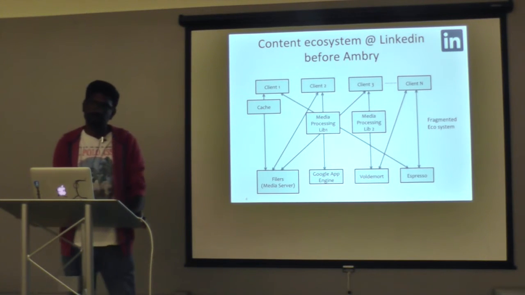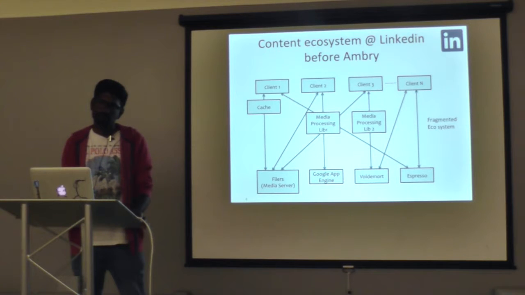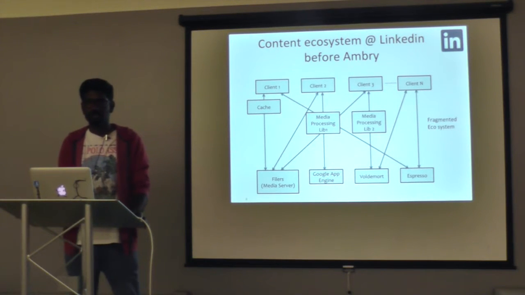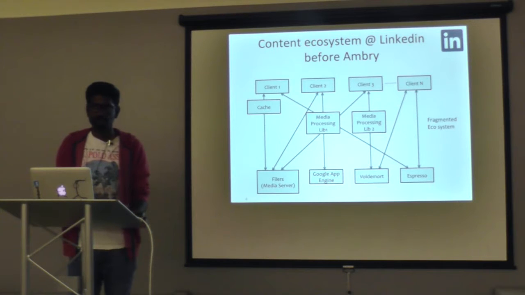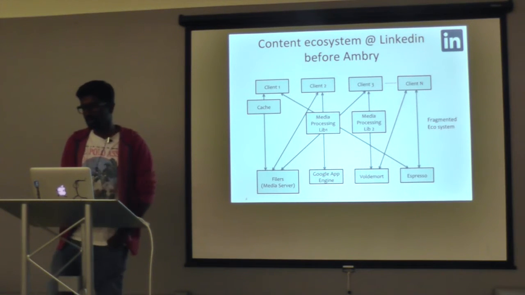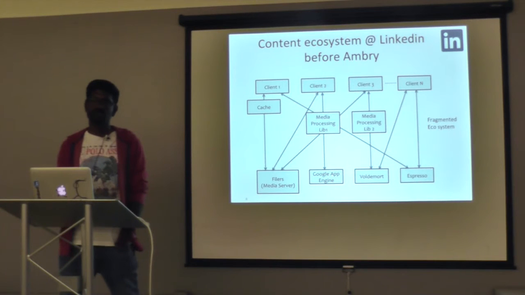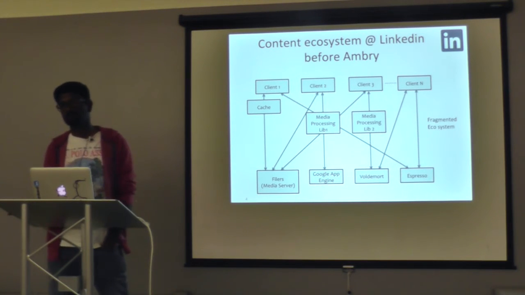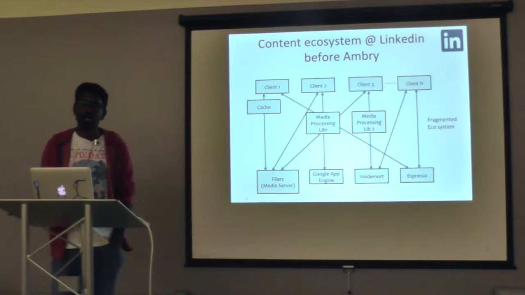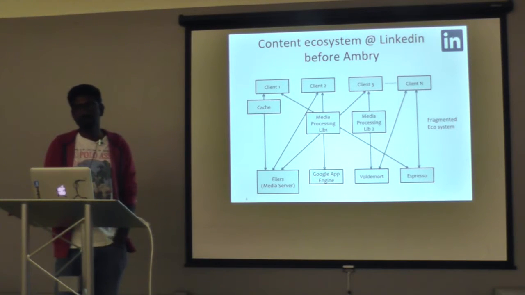So do you plan to add a cache layer on Ambry? Yeah, we don't explicitly add it, but if in your deployment you want to have a caching layer, you're able to add it. But Ambry as such doesn't provide any caching. As I was saying, we rely heavily on the OS page cache, and if you have a media-driven use case, then most of your blobs are actually served from memory or the OS page cache. So we didn't find the need for an additional caching layer. And at LinkedIn, we have a CDN layer, so most of the hot blobs are actually served from the CDN itself.